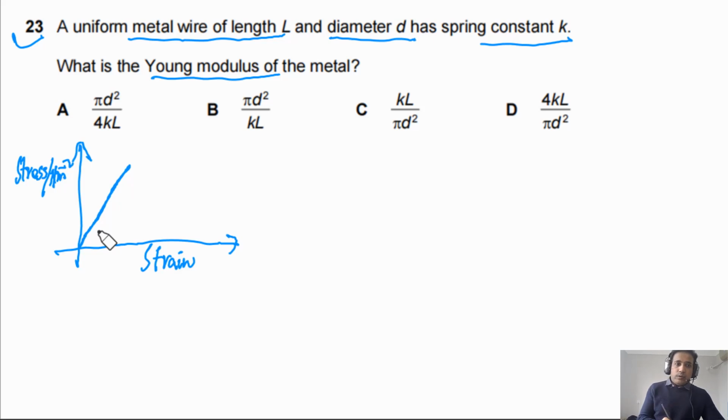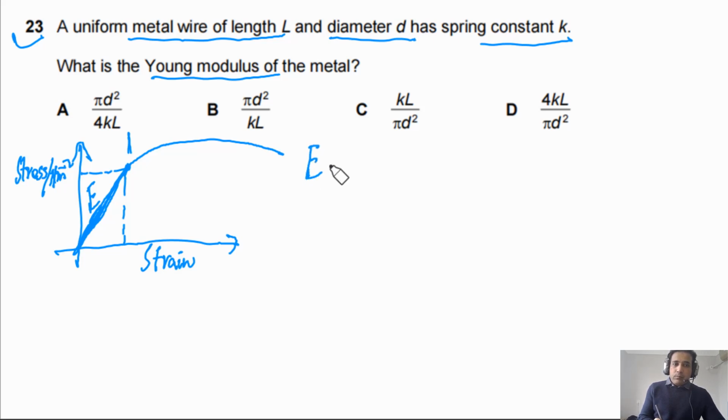After this, the shape can vary. It depends on the material, so the shape will depend on the material. And this point is also the limit of proportionality. Until this point, Hooke's law is also obeyed, because it's a straight line. These are the points you need to understand to answer this question. So simply we can say Young modulus in this case is equal to stress divided by